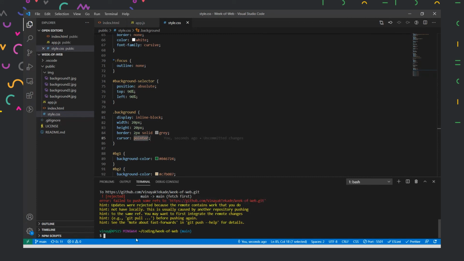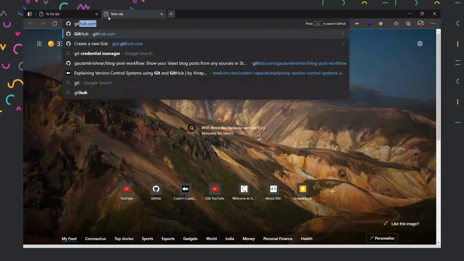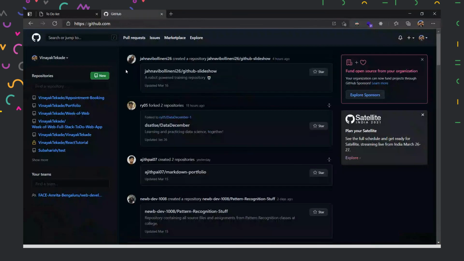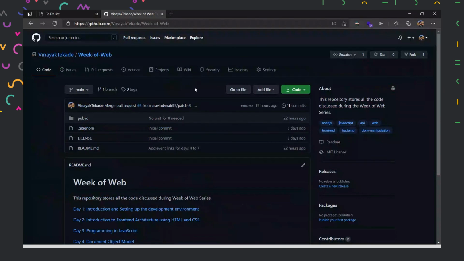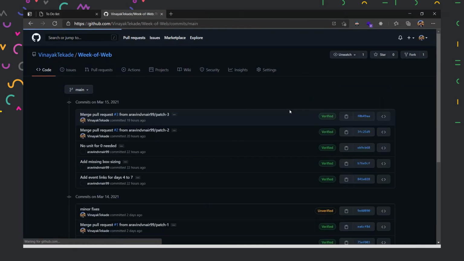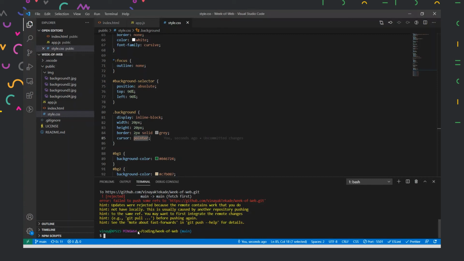All right, so there were some changes made to my repository earlier. So I have to first pull them before I can actually push my changes to it. I'll go to GitHub first of all, and check what changes were made. There were two changes made, so I need to pull them first. Here, if we go into commit history, we can see that there were two pull request merges. So we need to incorporate that in our local history as well.